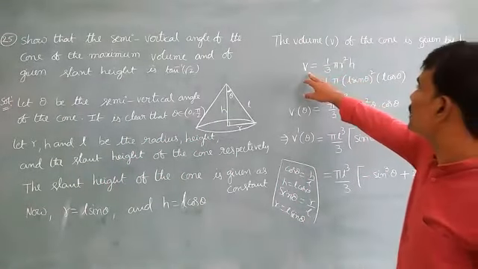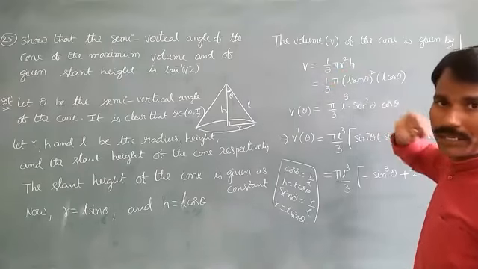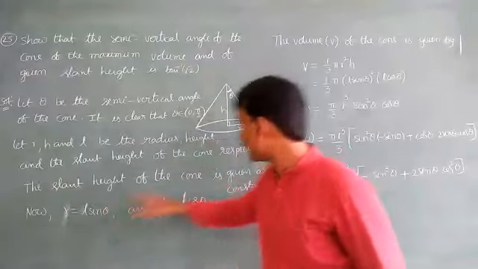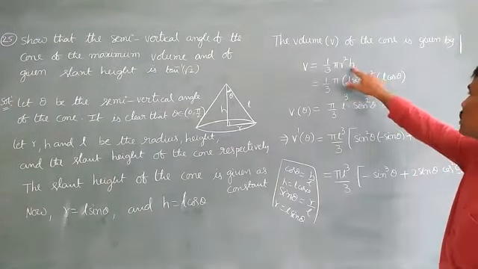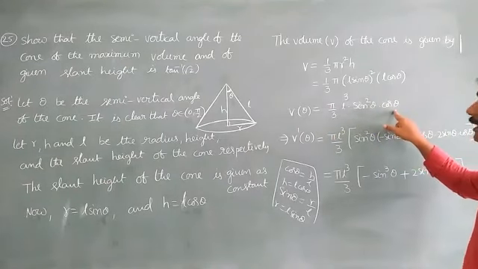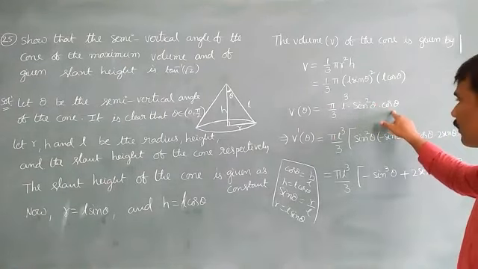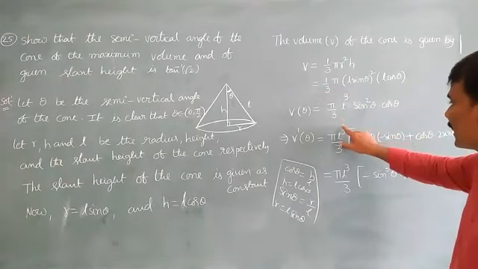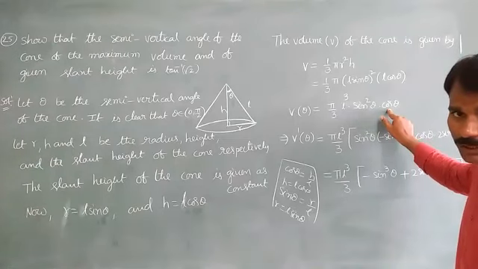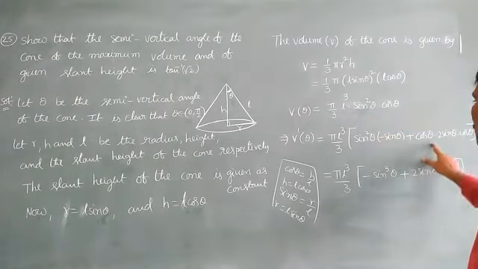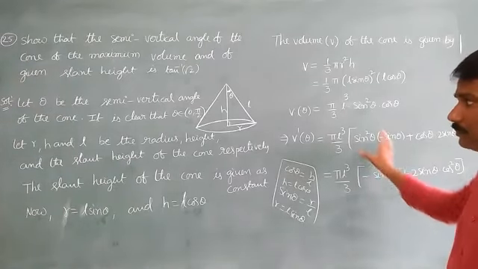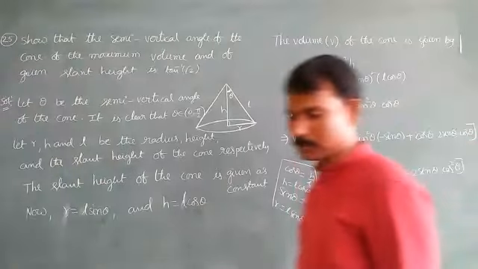Volume of the cone: V is equal to 1 by 3 pi R square H. Substitute R as L sin theta whole square, and H as L cos theta. By that, V is pi L cube by 3 sin square theta cos theta. Go for the first derivative. Pi L cube by 3 is the constant. This is f of x and this is g of x, f of x into g of x. Go for the differentiation and you will get V dash of theta, in terms of theta. First note this down. We will continue the problem.